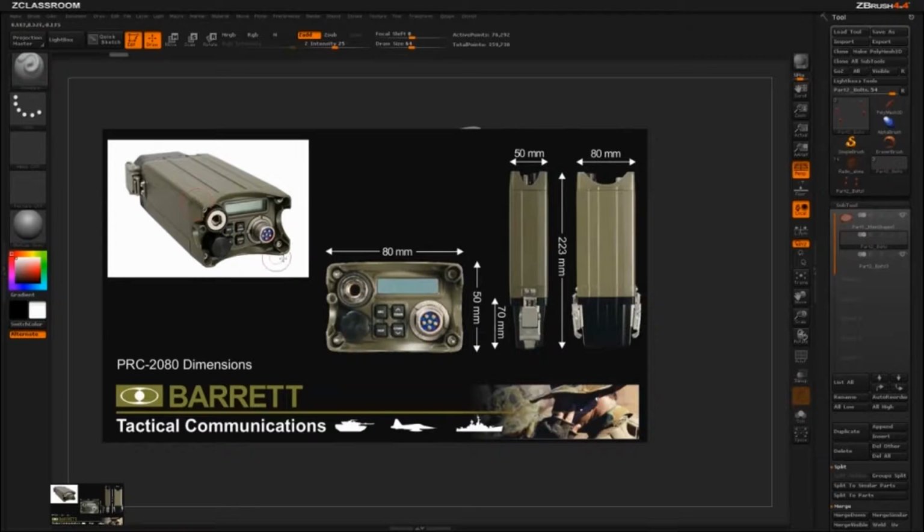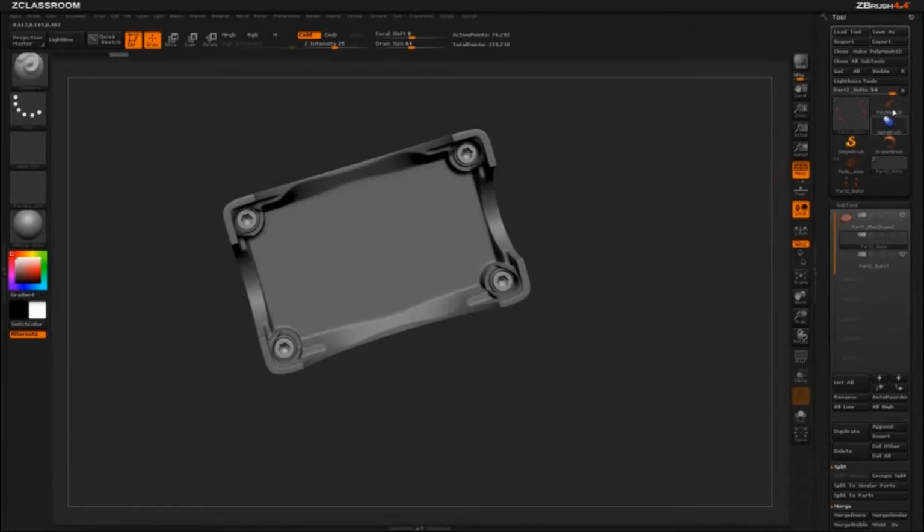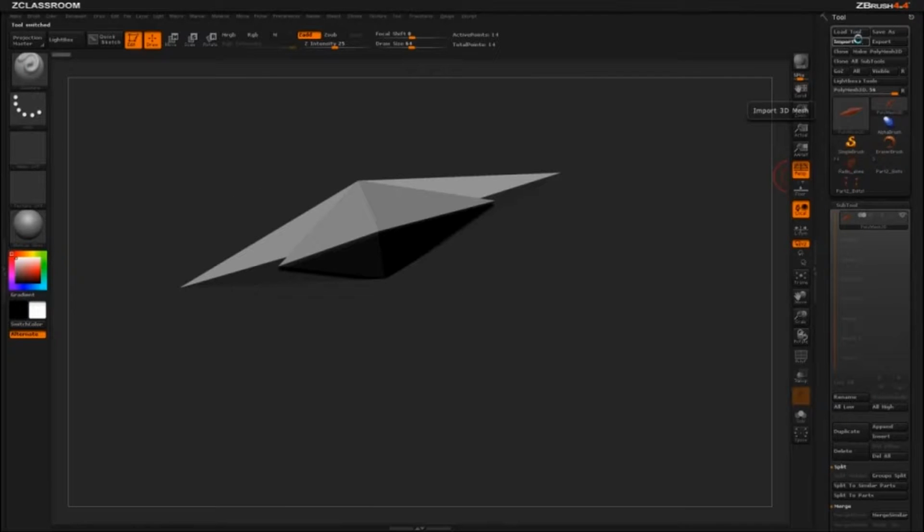So now on to the next part. You can see this part still has a little more information that I need to add to it. It has this little bevel window that comes around here, and it has this area where these buttons kind of fall onto. So I'm just going to come back to the Polymesh 3D again and import in my